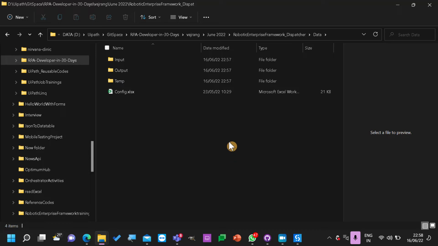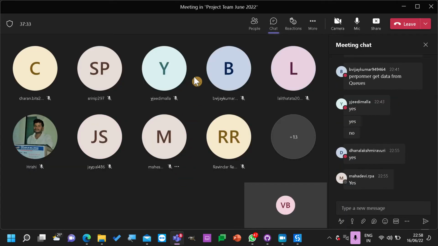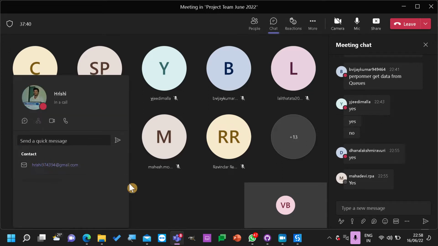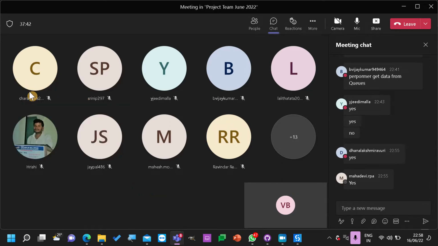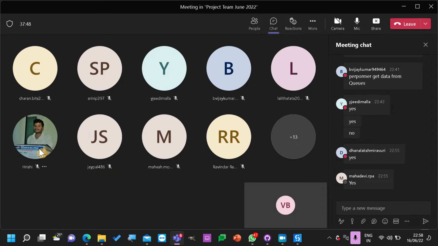If this is my machine, I'm the dispatcher. Let's assume we have Charan and Rishi. If both are running, both will consume a single queue. The first item can be taken by Charan, and he can execute it for 1 minute. The second item can be taken by Rishi.